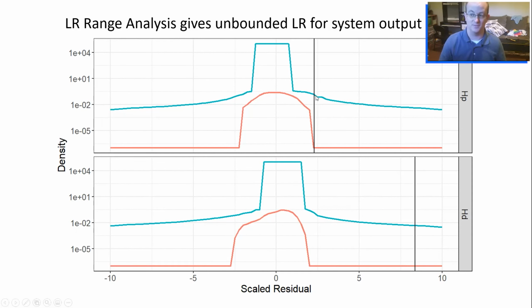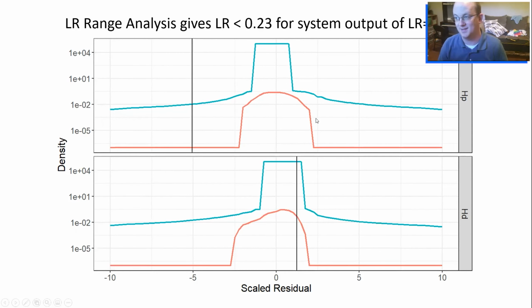But of course, we don't know that it's 0. That's just the lower bound. So the upper bound is still something larger than 0. Now if you look at the range for the ratio, you get a value larger than 0 divided by 0, which gives you an upper bound of infinity. And on the lower bound, you get 0 divided by something bigger than 0, and that gives you a lower bound for the likelihood ratio range of 0. That's why I say it becomes unbounded as you start to get extreme values, where extreme is in the context of the expected distribution for the currently considered case.